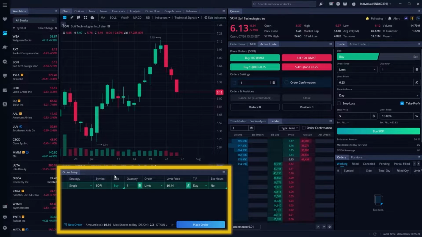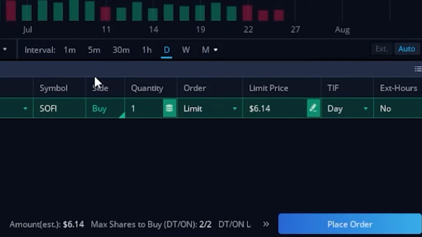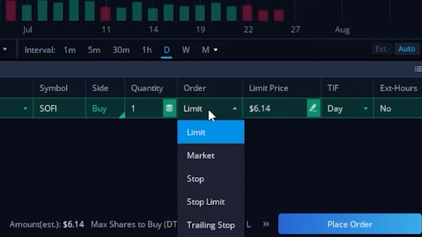Coming down here and taking a look at the order entry tool, you can see that I currently have an open order ticket on my screen to buy one share of this particular stock, and at the moment I've got the order type selected as a limit order. In order for you guys to adjust that and actually use all of the other order types available at Webull, we simply need to click on that, and then all of the order types available to us will display right